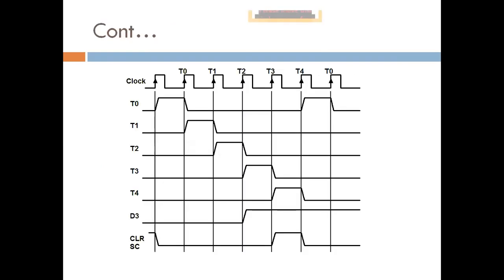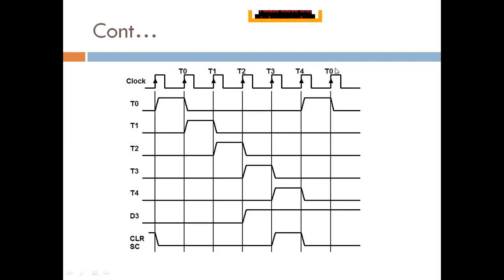Okay, now see the timing diagram. See here, T0, T1, T2, T3. So here the T0 signal is active, T1 active, T2 active, T3 active, T4 active. But before T4, D3 becomes active. Okay, so D3 and T4 are both in a working position at the timing clock pulse T4. So now the sequential counter is 0. So after T4, once again it starts from T0.